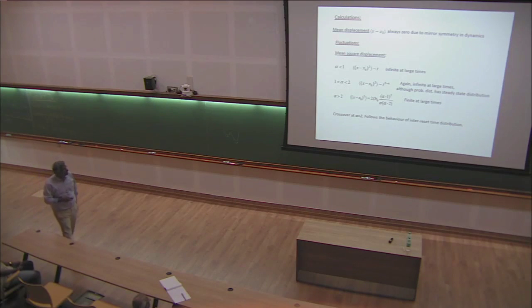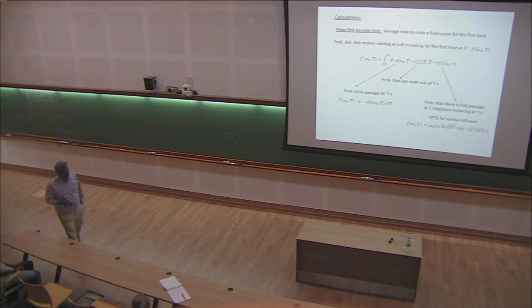That's what it's saying. We have also been able to calculate the mean first passage time. So this is the way it is calculated. So this one has a memory. So what one is asking is, what is the probability of passing a certain point for the first time at a certain given time? Okay. And so what one has to consider is, again, that till the previous reset, the particle has not passed the point or the target. What is the probability of having the previous reset at that time? And then since then the particle has been doing a regular random walk, so you know this probability just from diffusion.